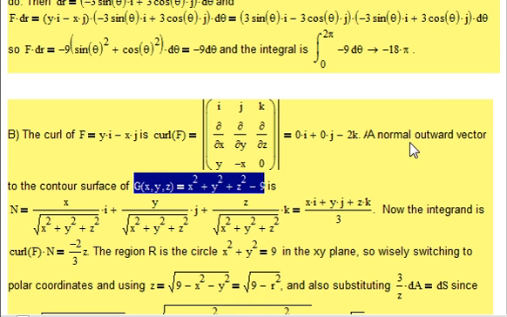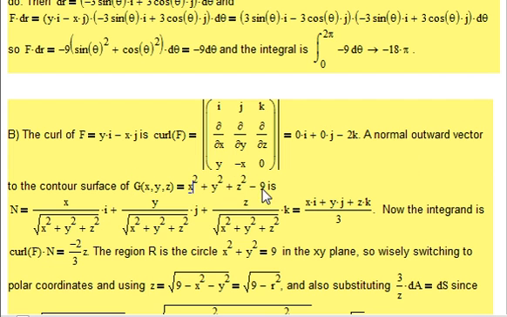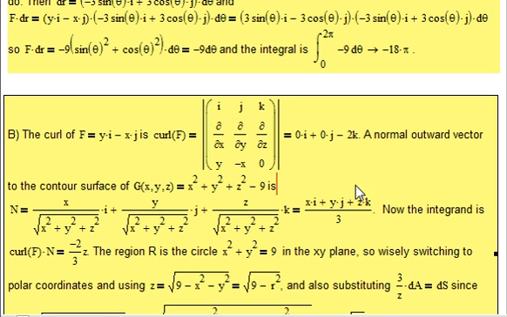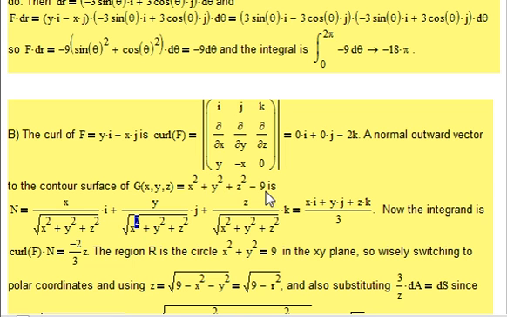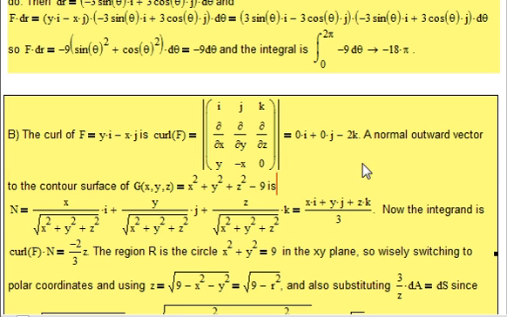So the normal vector would be the partial of this with respect to x, which is just 2x, over, remember it's got to be a unit vector. Well, partial with respect to y, 2y, partial with respect to z, 2z, and then it's got to be made into a unit vector, and so that would only happen if we divided everything by 2 and then divided by the length of the vector. And so we would wind up with,